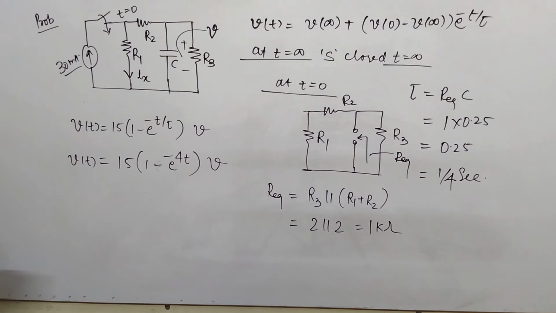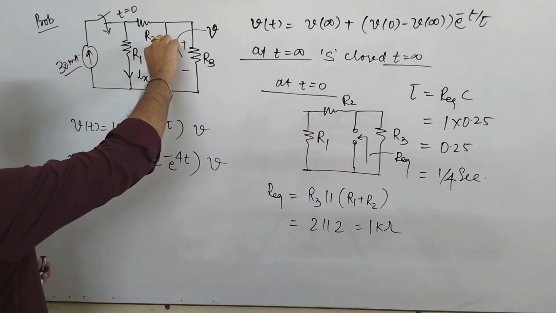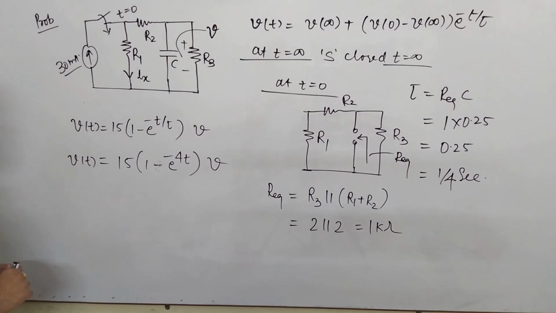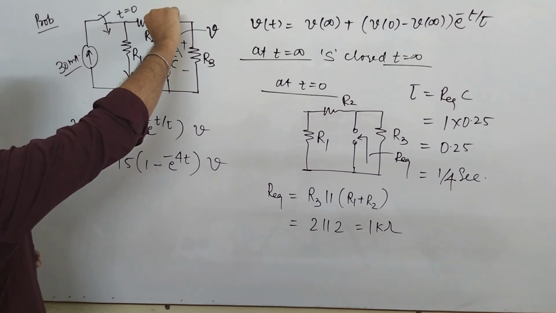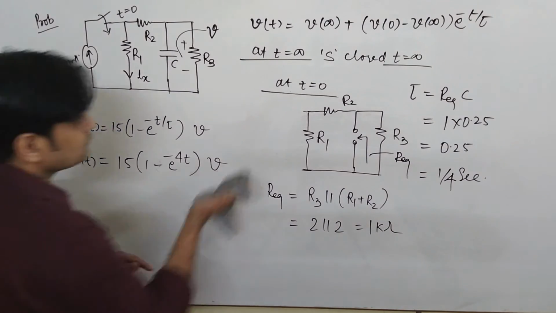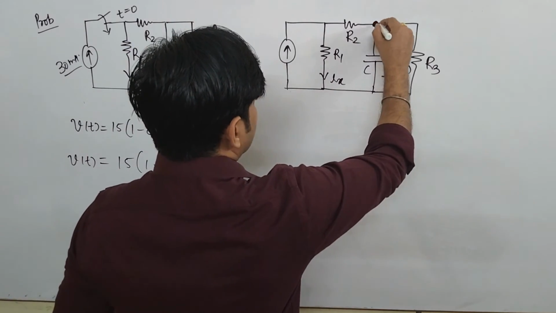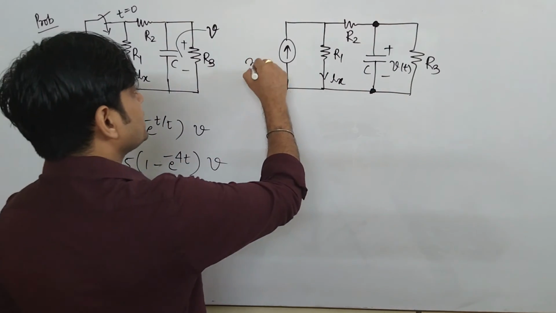Now once you know Vt, you can find Ixt. You have to see this circuit at t equal to 0. Here is the current Ix and this 30 milliampere current is coming here. Again you have to apply the concept, because Vt will appear here. We will draw it and then try to understand this. Here the voltage between these two nodes is Vt. Now this is your 30 milliampere.